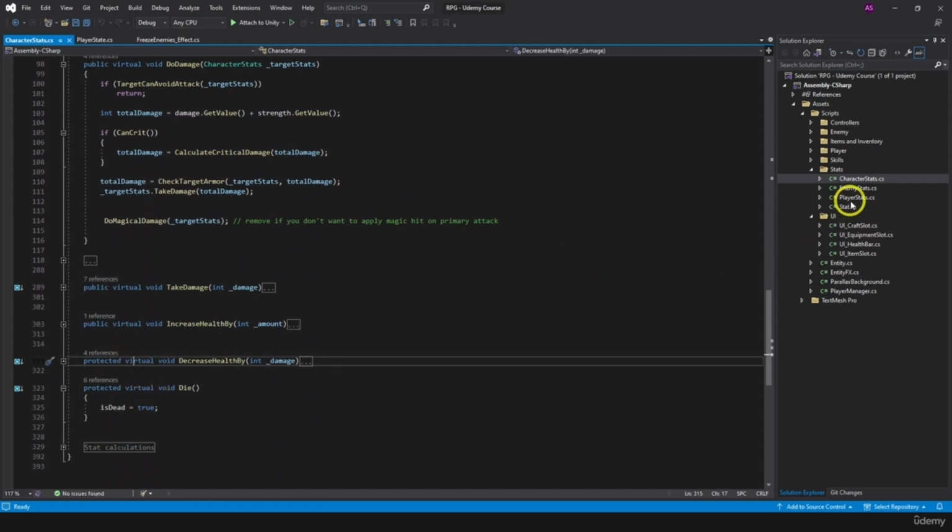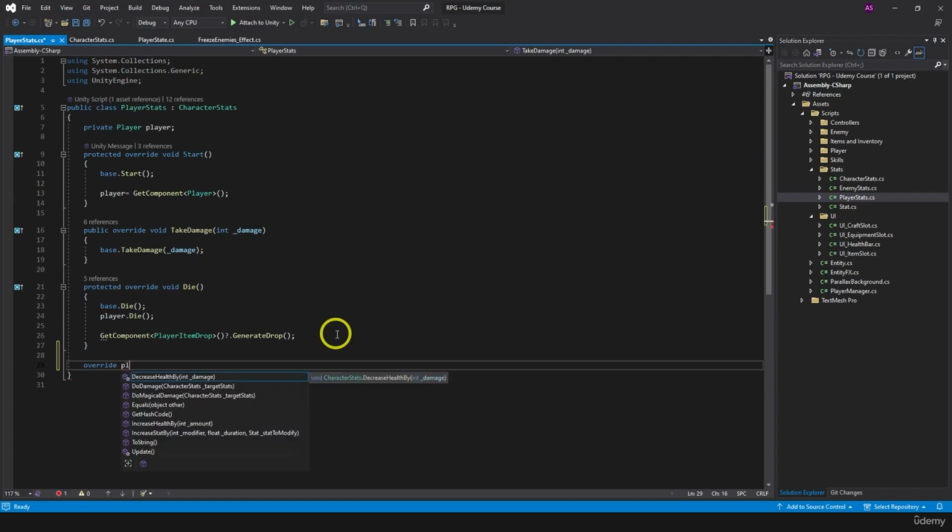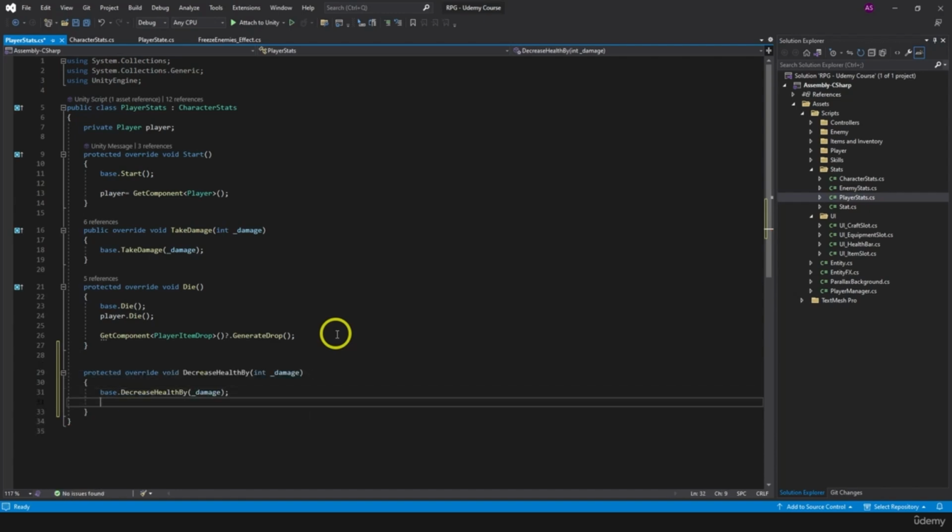And now we can go to player stats and override here, override player, override decrease health by. And when we decrease health, we want to check if there is any armor equipped. And if there is, we're going to apply effect of the armor. So every time we get hit, we apply effects from the armor. Yeah, that's simple. So item data equipment,